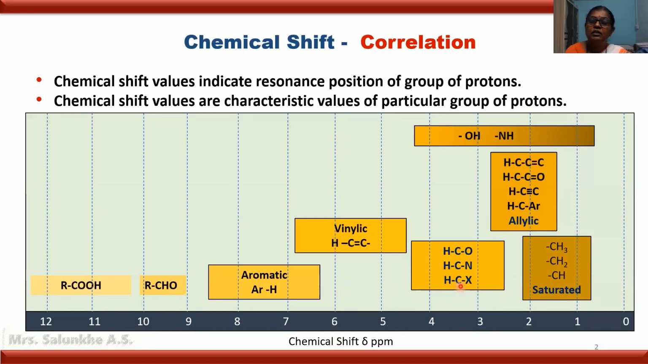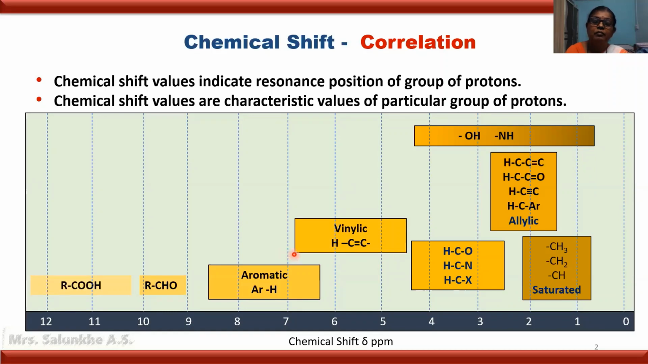When a proton is present on a carbon which is further attached to electronegative atoms like oxygen, nitrogen, halogen, etc., then the chemical shift range is about 2.3 to 4.4 delta. That indicates that for a certain group of protons, there is a specific range for chemical shift value. For vinylic protons, the chemical shift range is from 4.5 to